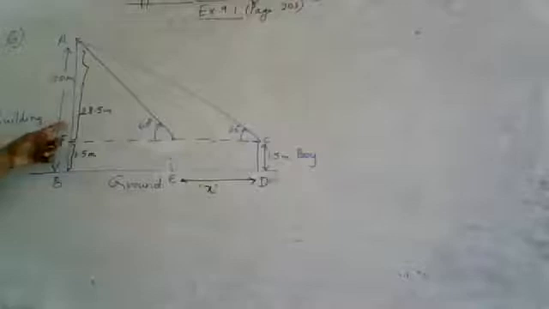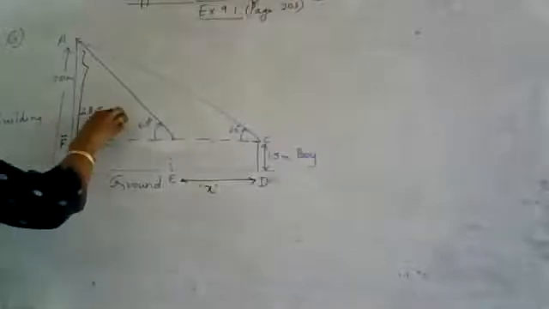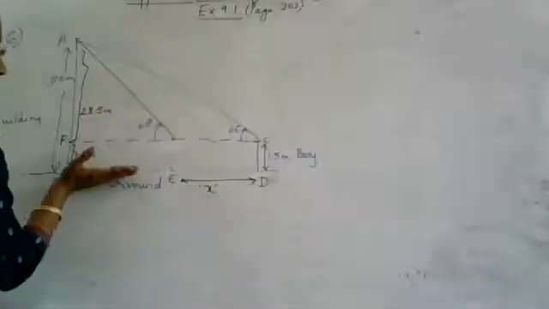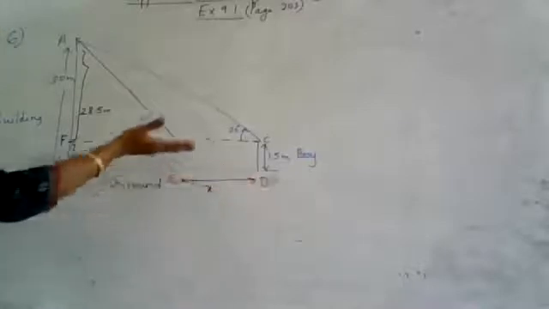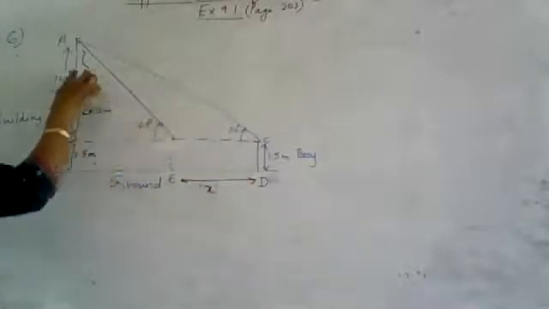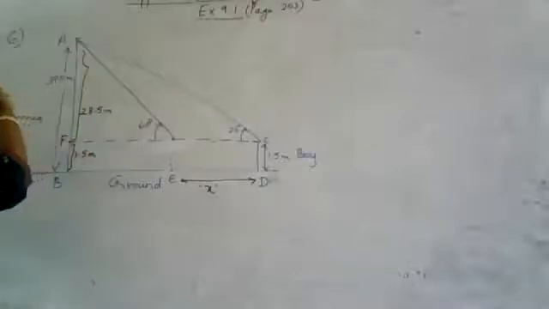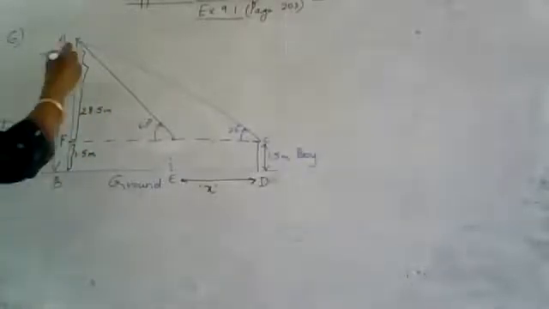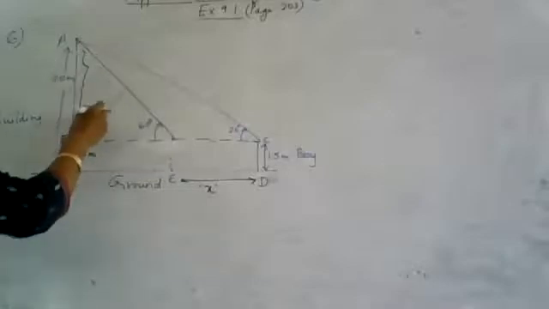Now, why do I want this 28.5? Because my right triangles are formed here, not at the bottom. The right triangles are formed at this position. So that is why now I am going to consider two right triangles. Can you see two right triangles here? I am shading the first right triangle.